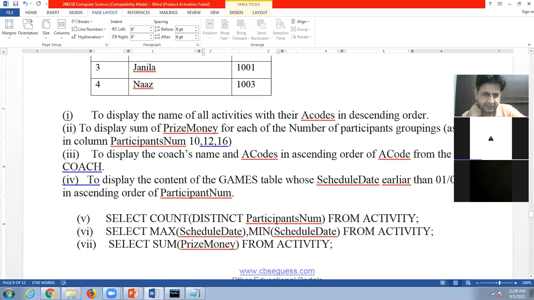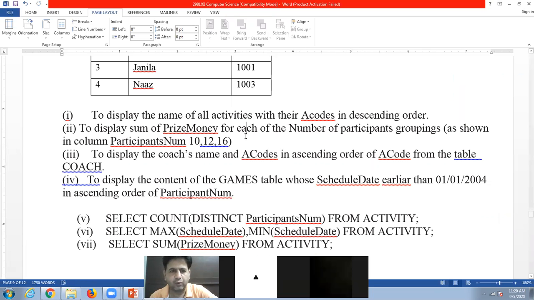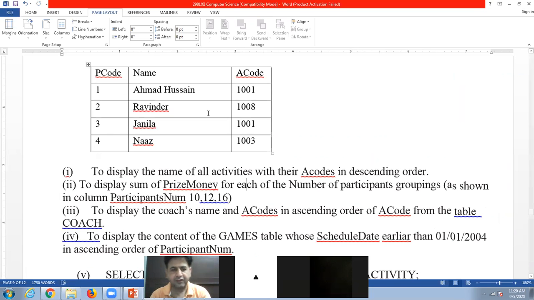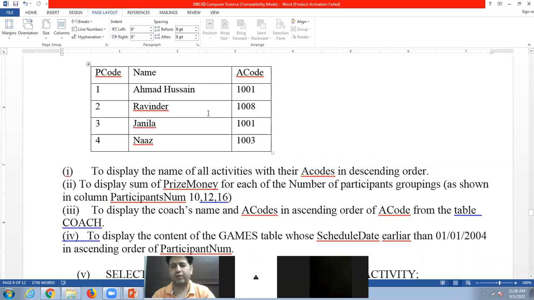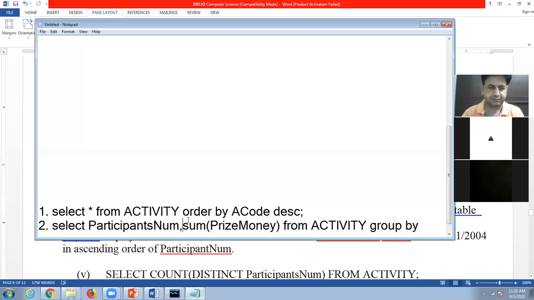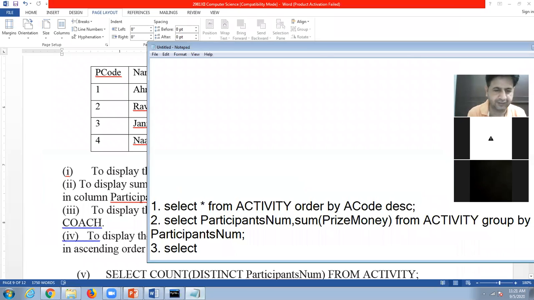Next is to display the coach name and A code in ascending order of A code from the table coach. Okay, students, the coach table has A code and name. The question is to display the coach name and A code in ascending order. Look here. SELECT, so you want to display the coach name, so the field name is name.